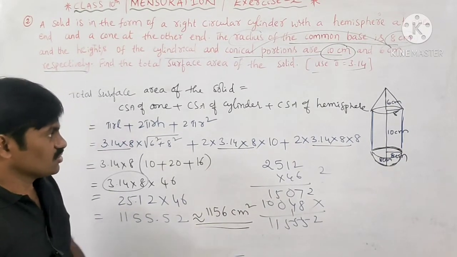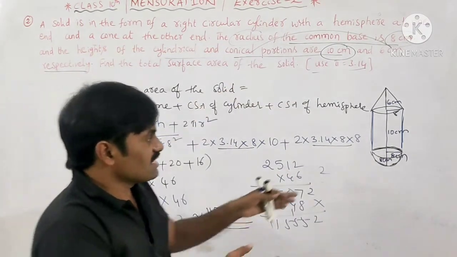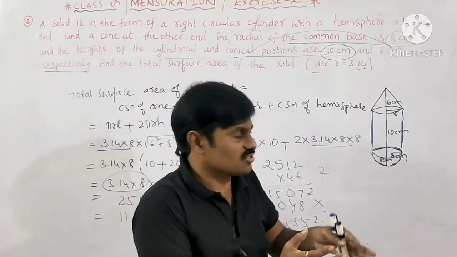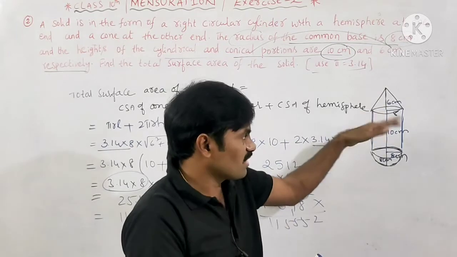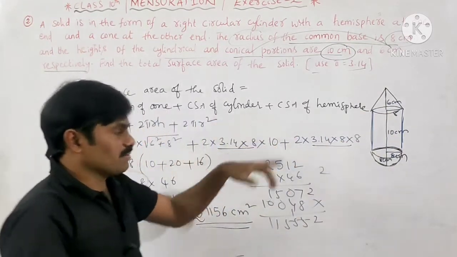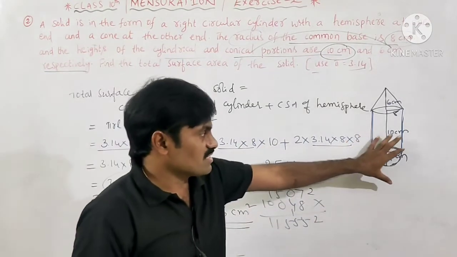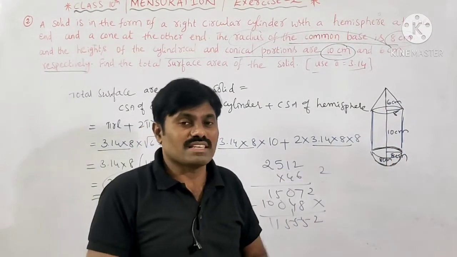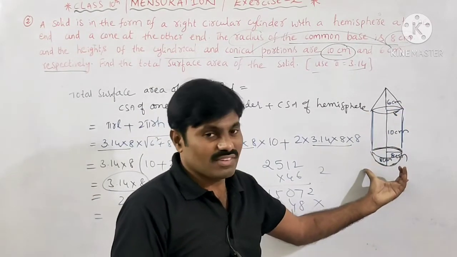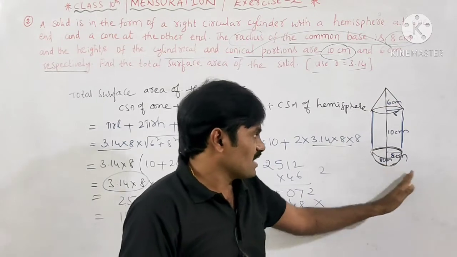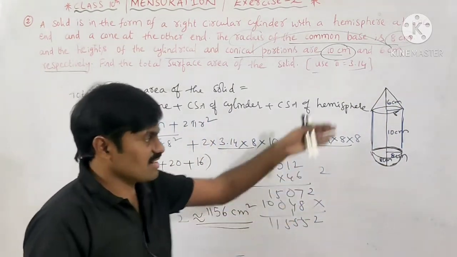Okay, clear. So in this way, we find the total surface area of the given solids. These solids are combined with each other, so they are not individual. If they ask us to individually find the total surface area of each and every figure, then the answer will be different. Okay, clear. So here total surface area means we use the total surface area formulas of solids. After drawing the figure, we have to find the outer surface area. To find the outer surface area, the curved surface area formulas of these solids are suitable.